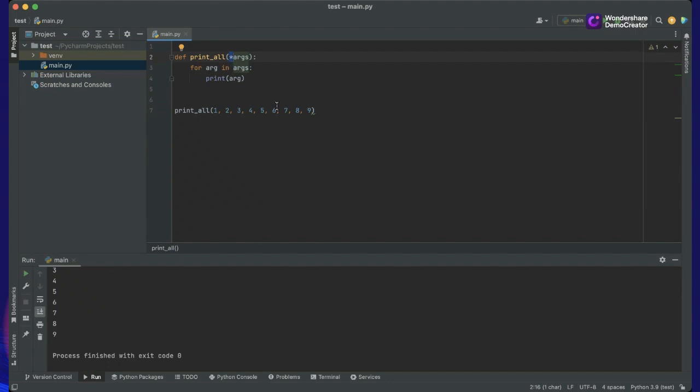We can do the same thing for keyword arguments so that it accepts any number of keyword arguments. But this time it's a little bit different. For normal arguments, positional arguments, there is one star. For keyword arguments, there are two stars. Let me implement this function for you. For key value in args.items,